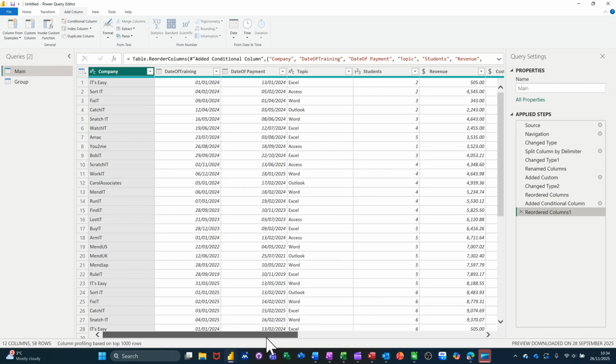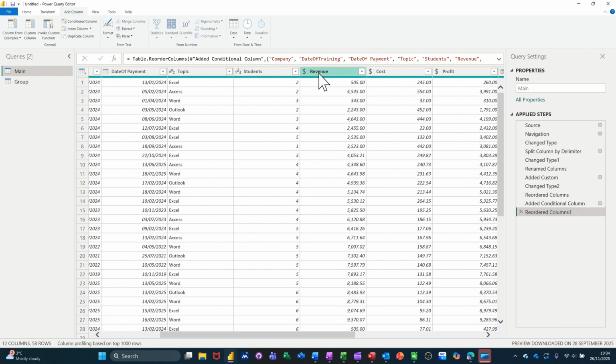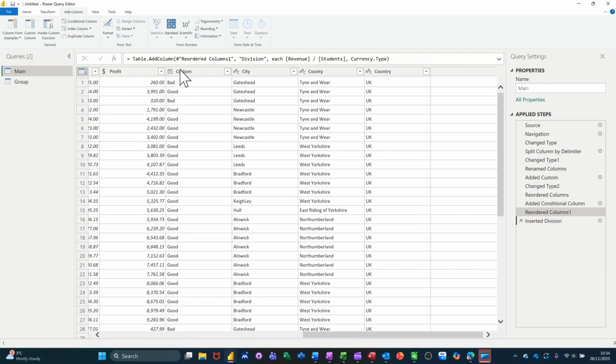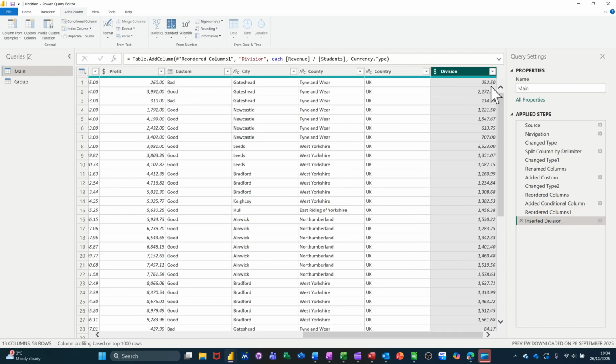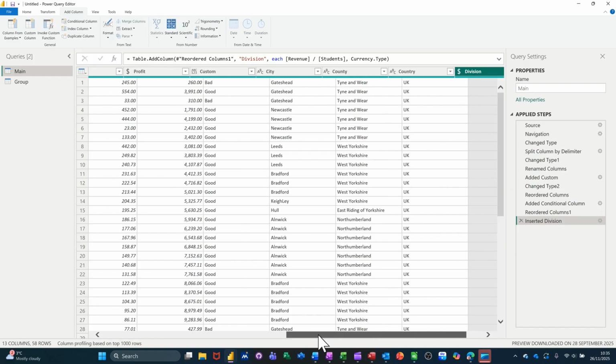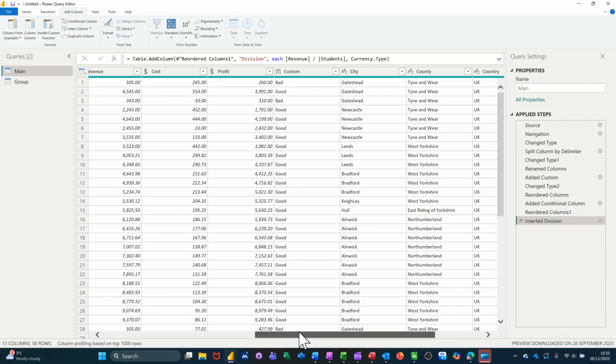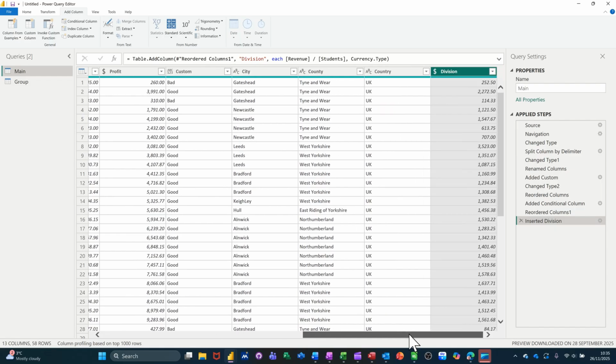Now you can also do this. If I highlight revenue and hold my control key down and students, I can go in here. You've got some options because I've highlighted two columns. So if I go divide, let's have a look how that works. So it's saying 5250 for the students. How many students are there on this top one? 2 students. Yeah, so dividing, that's working it out. If I pull that one back across,